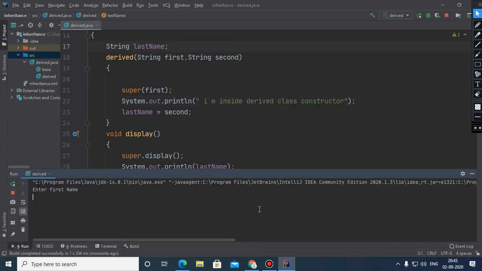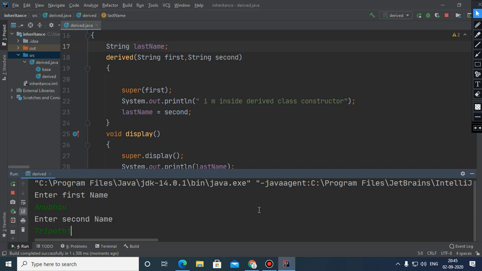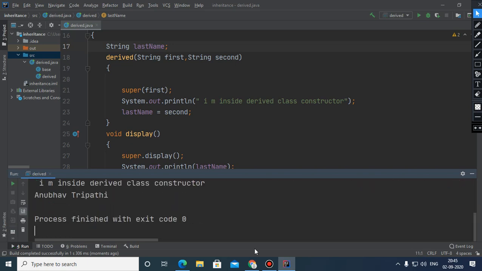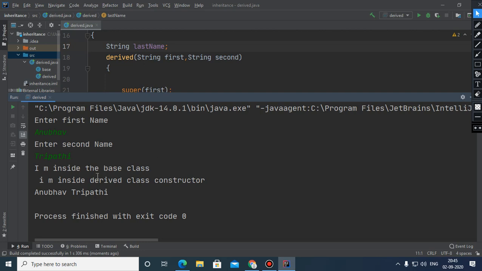So children, the first name is suppose Anubhav, and here Tripathi. Second, the last name. So here you can see that initially when I passed the first name Anubhav and last name Tripathi, you see that "I am in the base class." So why is this message coming?